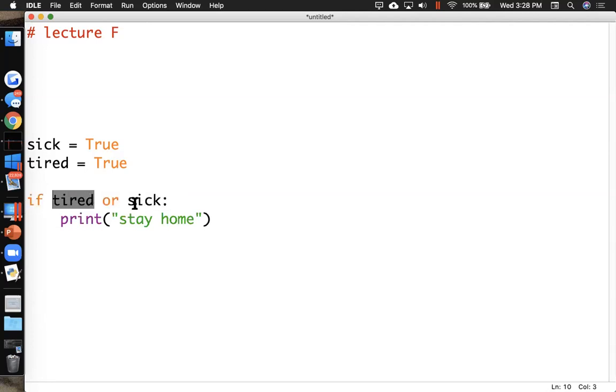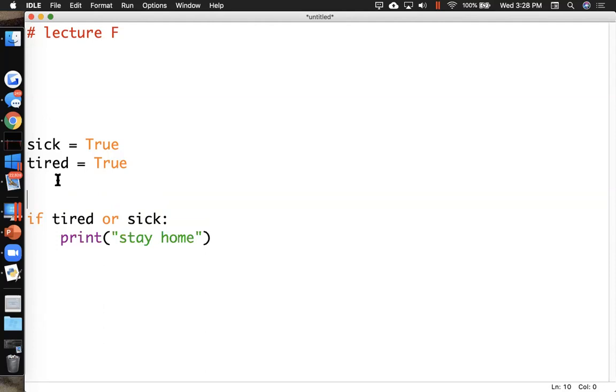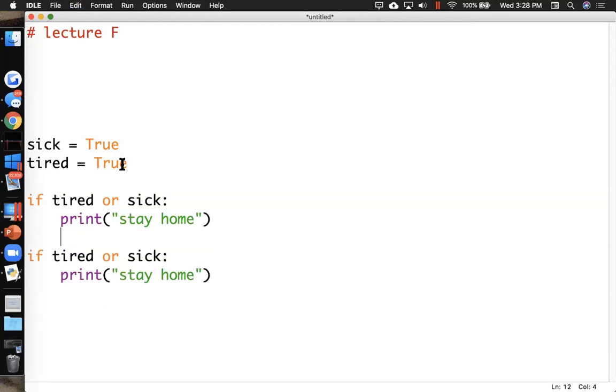The other order would have required us to check to see if we were sick first. And if we were sick, then we could stay home. But if we were not sick, we would have to check the second condition, right? So this is the more expensive check time-wise, meaning that we would want to write it